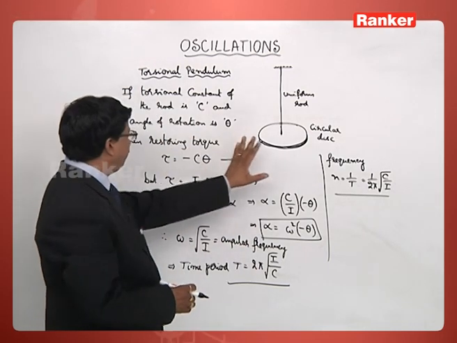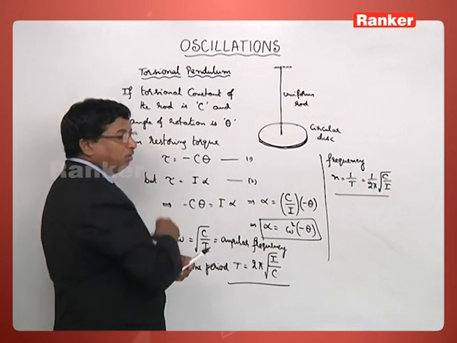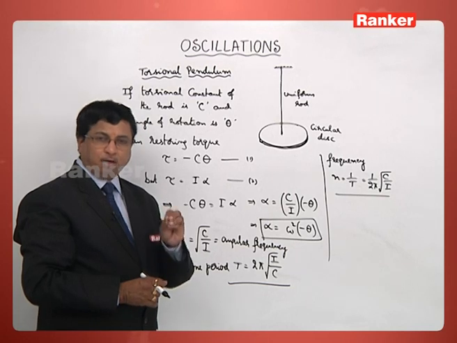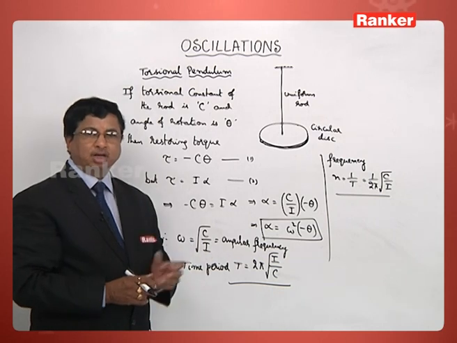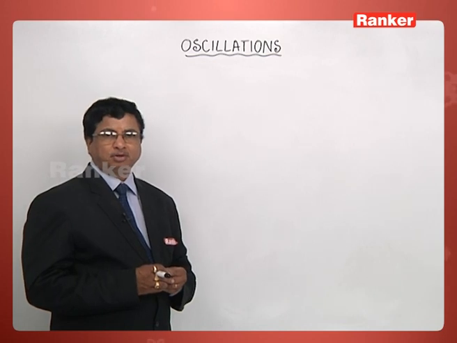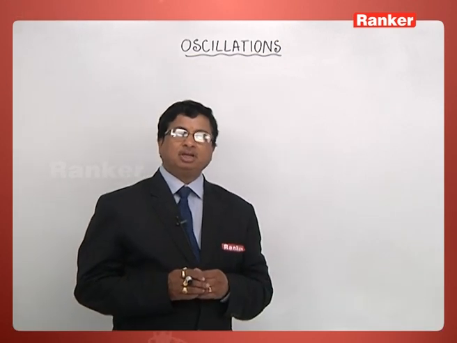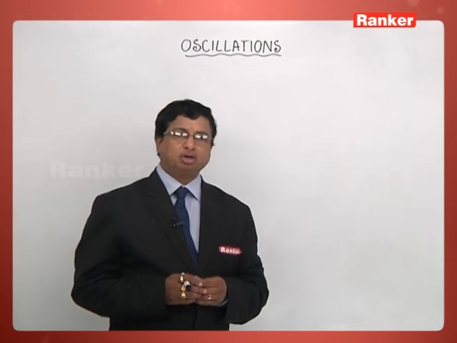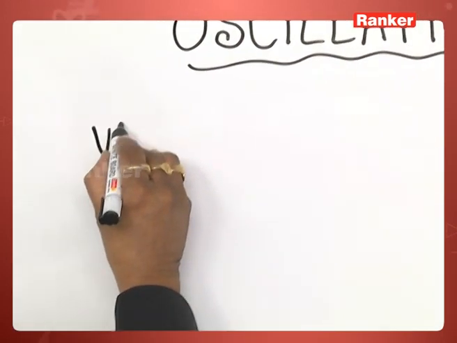This is another example one should understand, that the oscillations of this torsional pendulum are also simple harmonic, but they are the example for angular simple harmonic motion. That is the point. The concept of torsional pendulum itself we use while deriving an expression for the time period in the case of a vibration magnetometer in the magnetism topic. One should understand in the case of a vibration magnetometer,